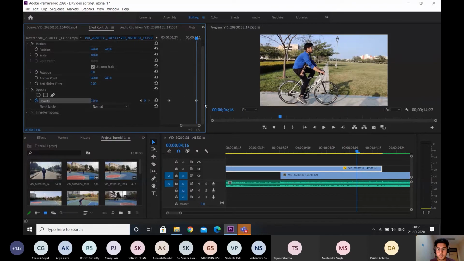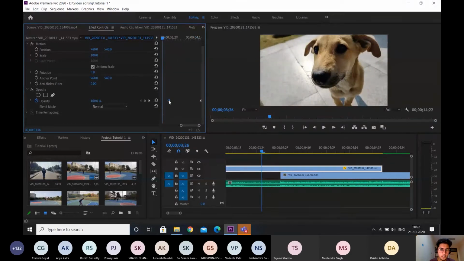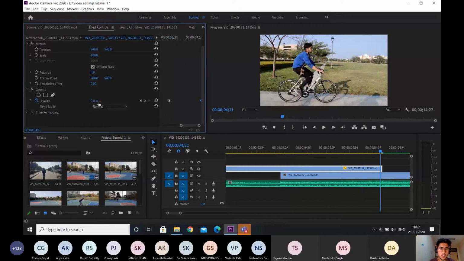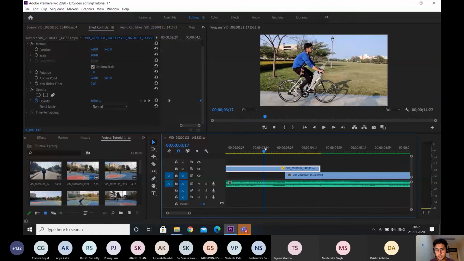As soon as I make the opacity 0, you can see that the video that was beneath it is now visible on the preview window. I'll click on this keyframe and drag it to the end. Now this keyframe had 100 opacity and the second keyframe had opacity 0. So in between this duration, if you look closely over here, I'll play now. It will drop the opacity from 100 to 0. So if I play this now,